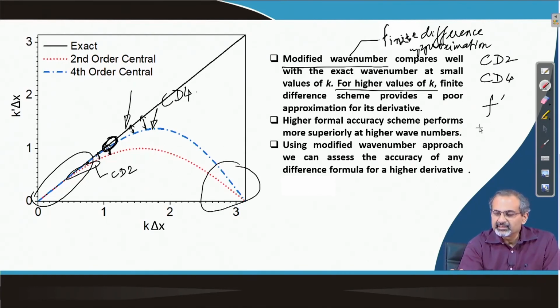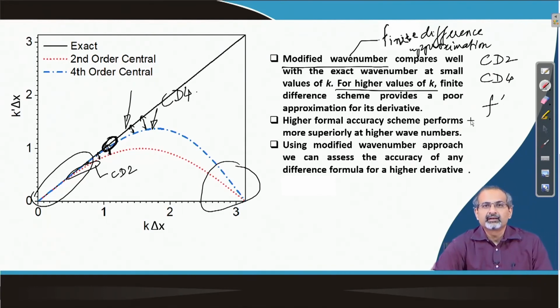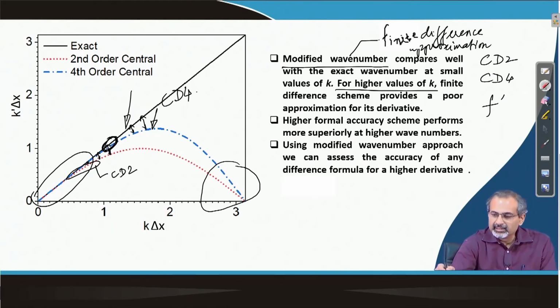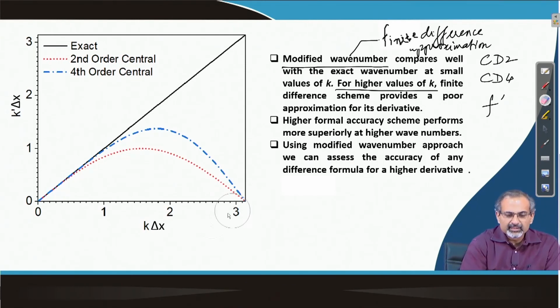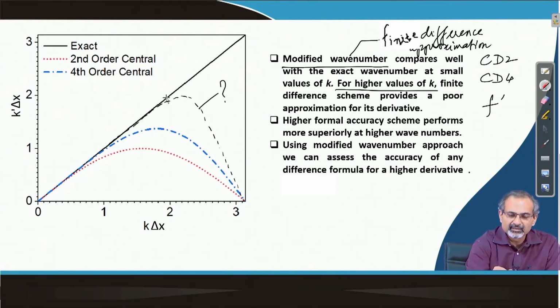The question is that even if you go for still higher orders of formal accuracy, you may not still be able to achieve very good performance at higher wave numbers, but the motivation would be to push higher and higher, so that you get superior accuracy up to a fairly large value of k delta x before it droops down. So, can we have schemes which are having superior performance of this kind?